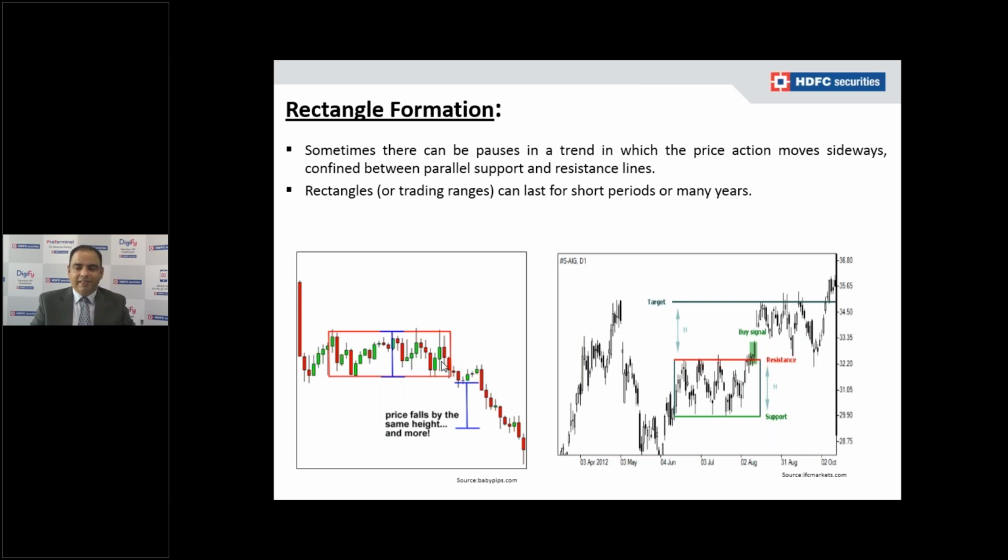Once it completes and moves out, you have to create a trading strategy and ride the trend. Here you can see in our right chart, the market was in an uptrend in a larger consolidation. You can see eventually this consolidation has been broken out on the red line and price moved up, leading to an uptrend continuation.